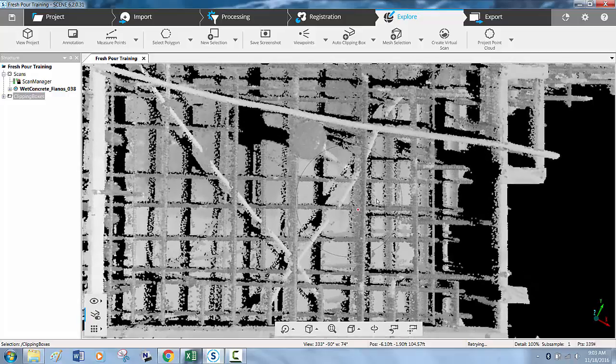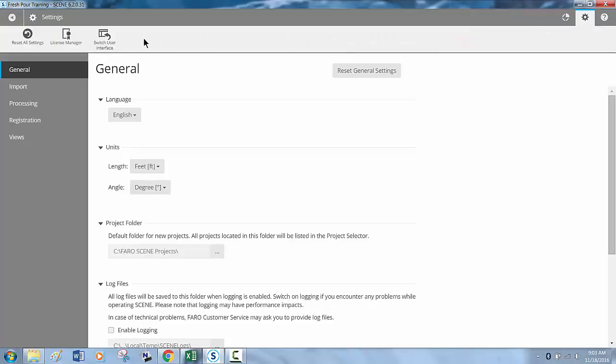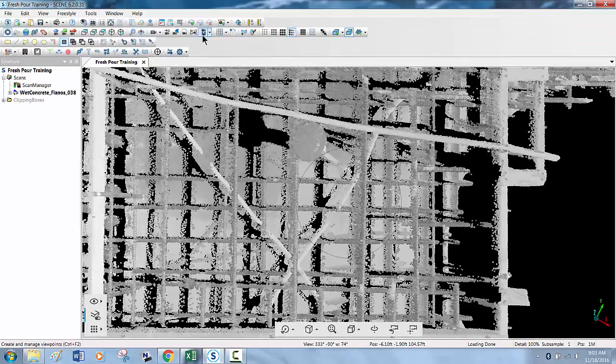Now what I would do, if I needed to know the location of rebar, just as in my previous example, is register to a project coordinate system, georeferencing this point cloud. Then I would jump into the old user interface so I can use this mark scan point feature, and then you can just click along the line of rebar here, creating points,